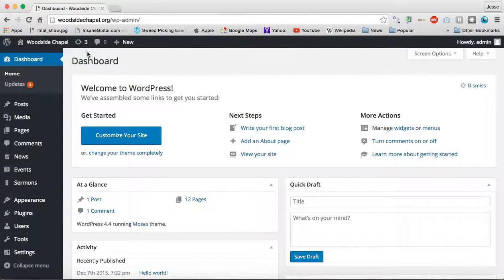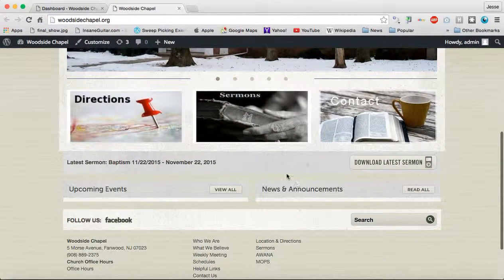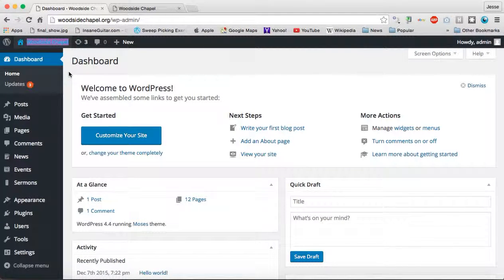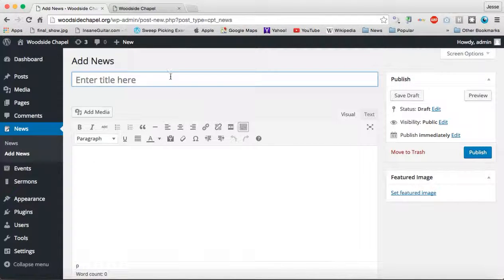In order to add news to the home page of your website, which will show up right here under News and Announcements, you're going to come on the left side menu in your WordPress dashboard, scroll over News, and then click Add News. Now you just simply give your news a title,